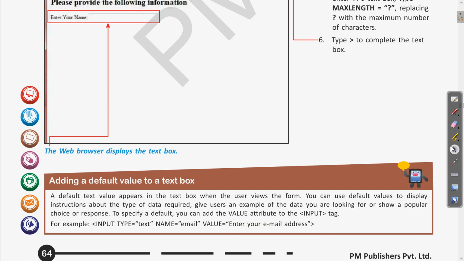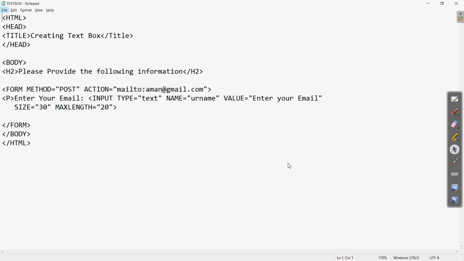So here let us open our notepad. We all know that HTML pages can be written in any text editor. Clear? The only basic requirement is that after writing this program we have to save it with the .html or .htm extension. Clear? And when you save that and open it, it will open in any browser. So this was the program which we have written. Then here we have written the value for default settings also.